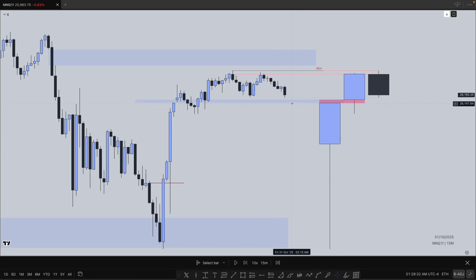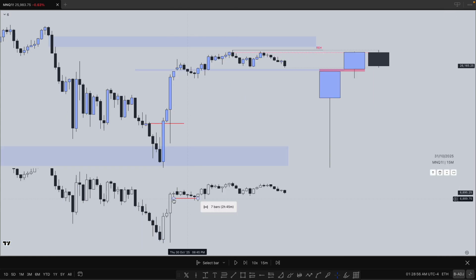So with this new day opening gap, my eyes also go towards these relative equal lows and this Fibonacci gap. So I'm asking myself, will price trade into, look, price could trade straight through this new day opening gap into liquidity and then trade back above us and probably form a wick or something like that. That's completely permissible. But I'm always looking for